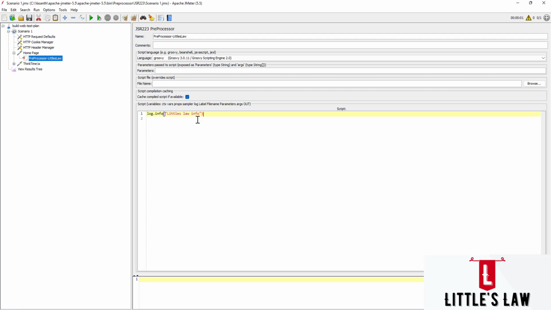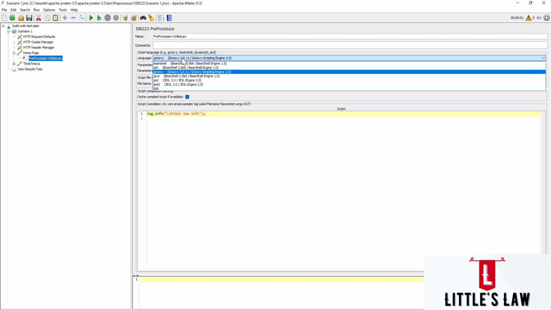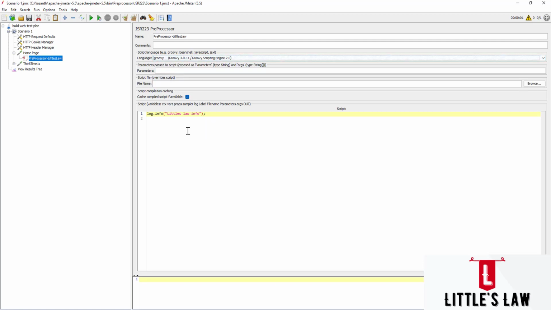So this is very important. If we don't run it without a semicolon, the script might fail. So make sure that you enter the log.info and the message inside the bracket and inside the double quotation, and close it with the semicolon, and make sure you choose the language as Groovy. So now we are going to see various examples with Groovy language, and let me clear this and run